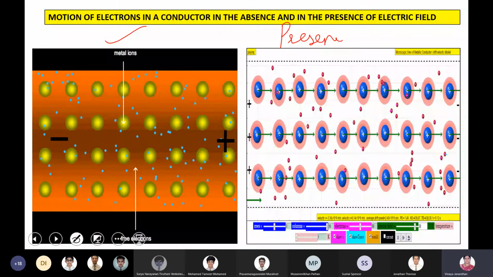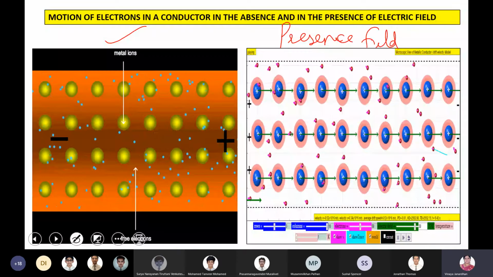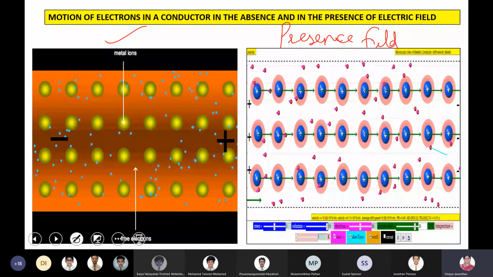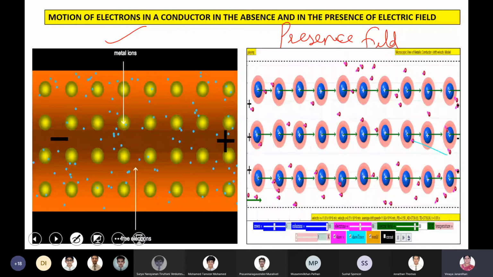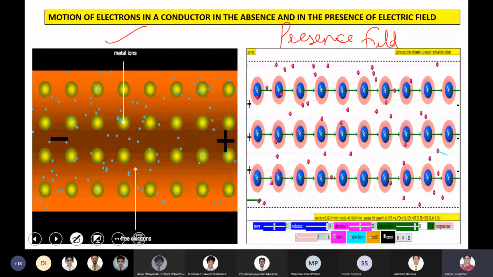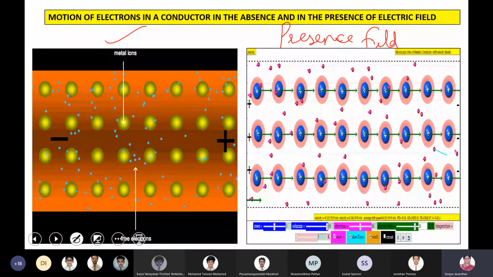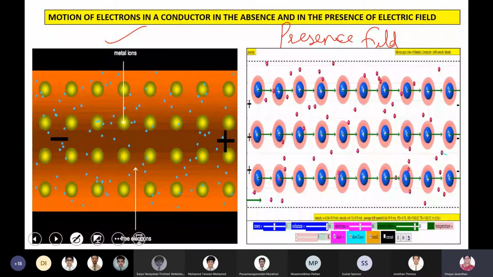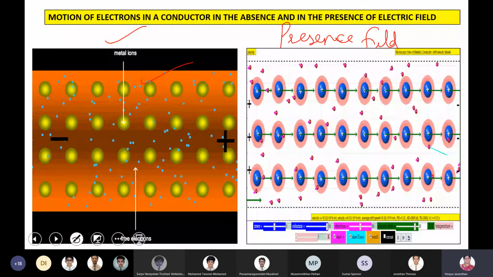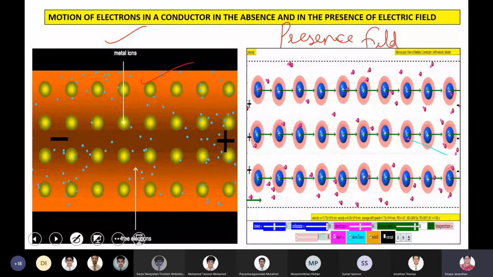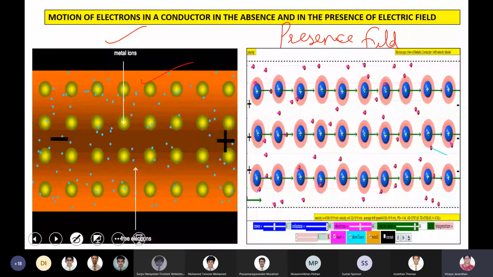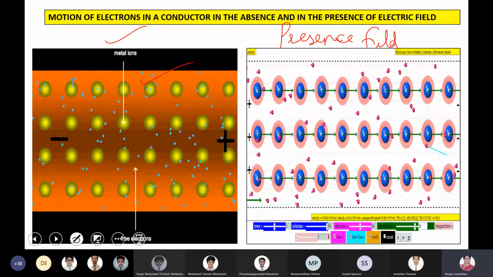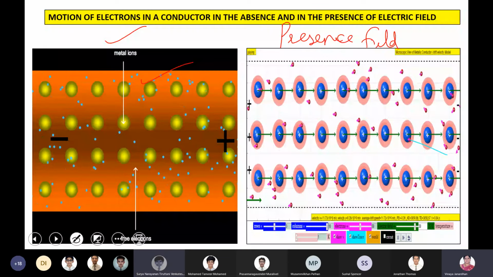So almost all the electrons are traveling with the same speed. They are not accelerated continuously, but they are accelerated only for a short period of time. We can say they are drifting under the presence of the electric field. Here you can see how electrons are randomly moving in the first diagram. Is that clear, boys? Though the electrons are accelerated by the electric field, this acceleration lasts only for a few seconds. Thereupon, they are constantly drifting.